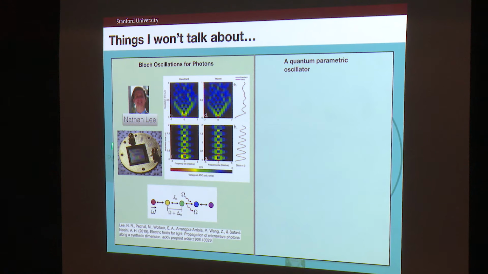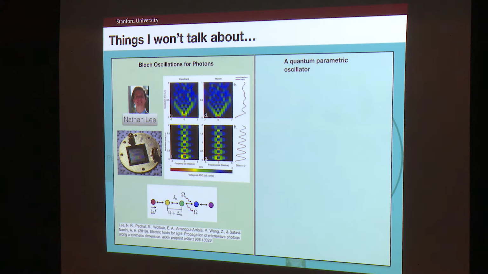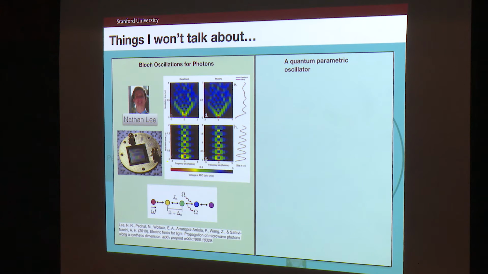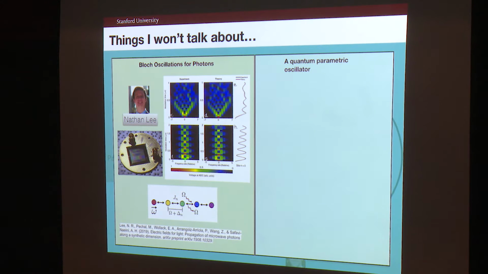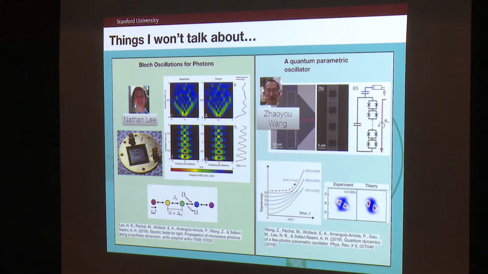This is work by Nathan Lee in my group. So Nathan implemented a chip, which is basically a very long resonator. And the different modes of this resonator can be coupled to each other through modulation. So there's a squid array at the end of this resonator that acts as a time periodically modulated inductor, and we can basically couple these modes to each other and simulate a 1D lattice for photons. And we've been able to see things like Bloch oscillations. The y-axis here is time, so you start with the photon at the 0 lattice site, and it goes out and comes back, and we can see some oscillations here. So that's one thing.